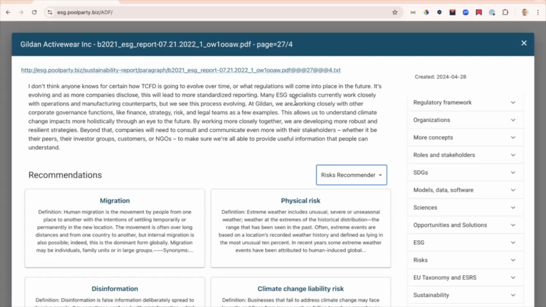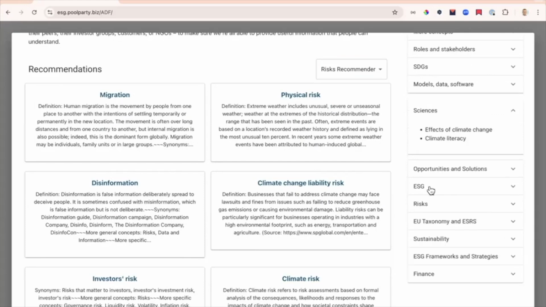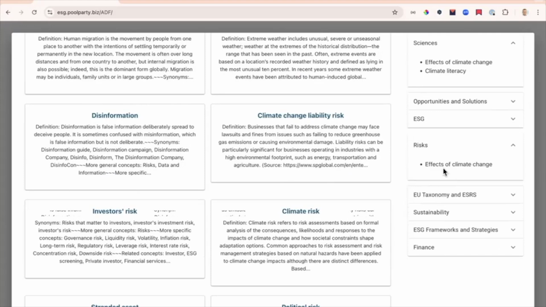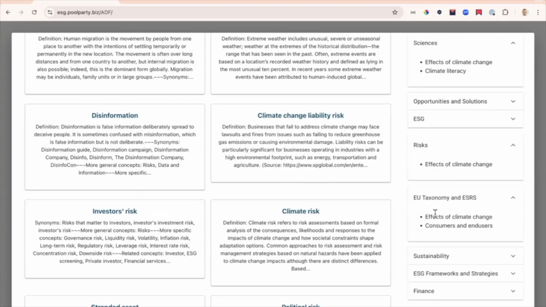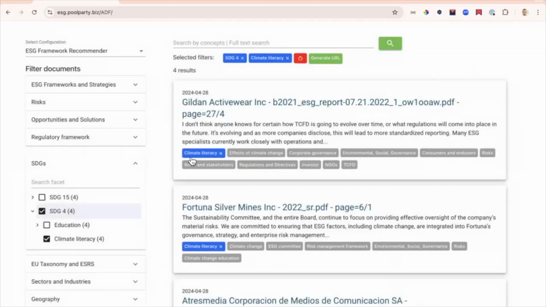So this is one of the elements where Graphwise really shines, because there's a knowledge model running in the background, which is specifically describing elements of this knowledge domain. So you see also here, for instance, other metadata: which sciences are addressed, which risks are addressed, which elements of ESRS and the EU taxonomy are addressed. As you can imagine,